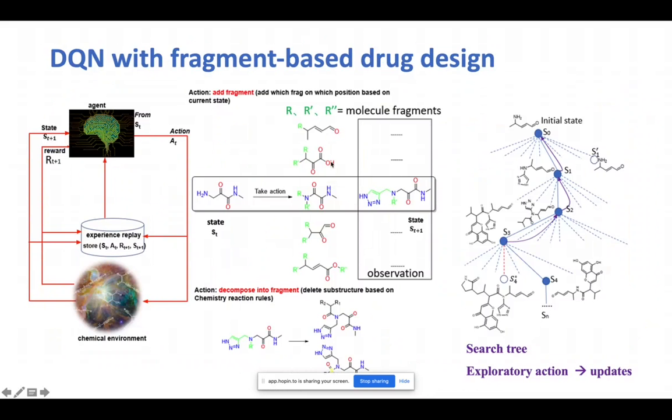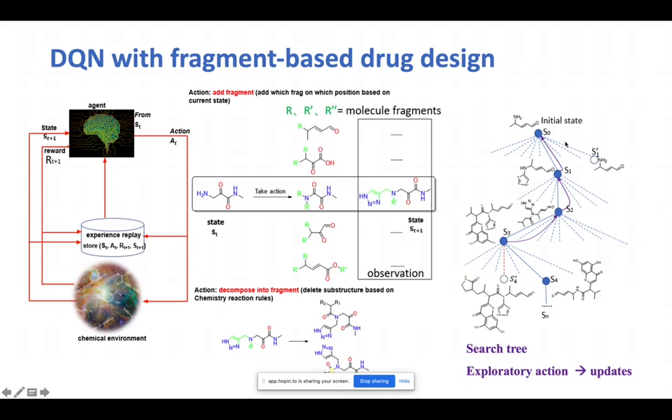And then here shows this fragment-based search. There are actually some other reinforcement learning methods to grow molecules one atom at a time, but we are really the first framework to grow molecules one fragment at a time. By doing that, we can grow more effectively to have faster search, but more importantly, the chemicals generated from this approach make more sense chemically, so that it's more likely to be effective.